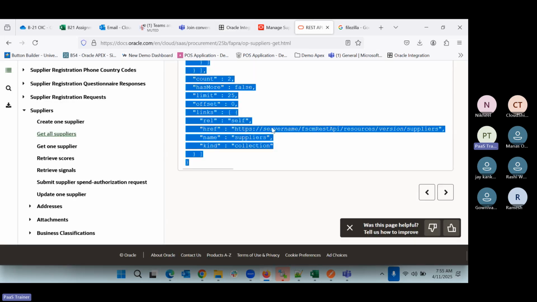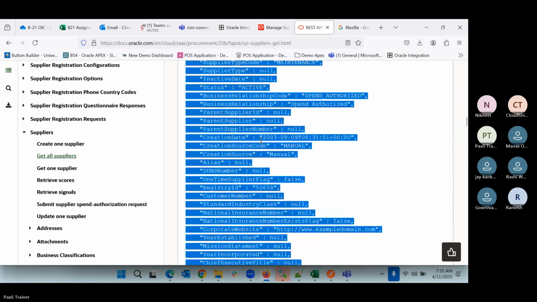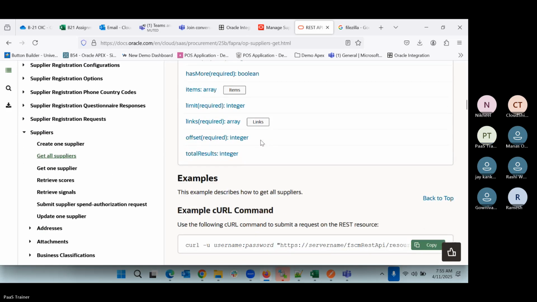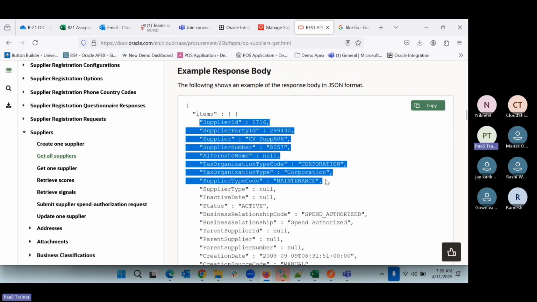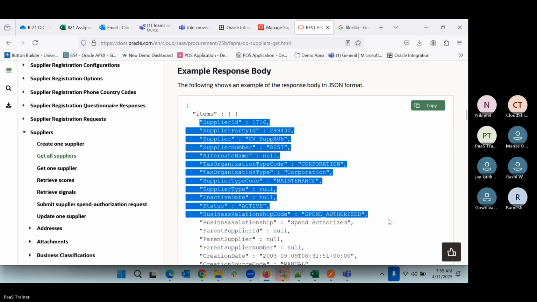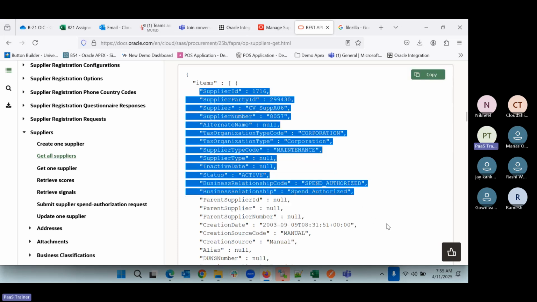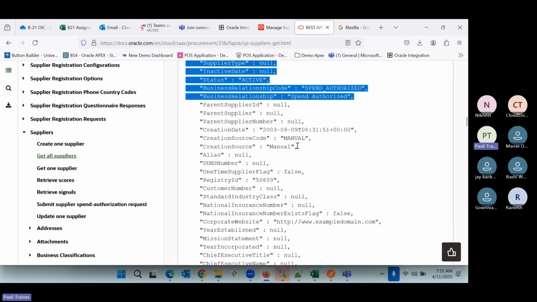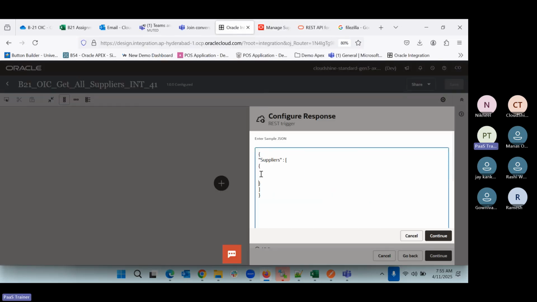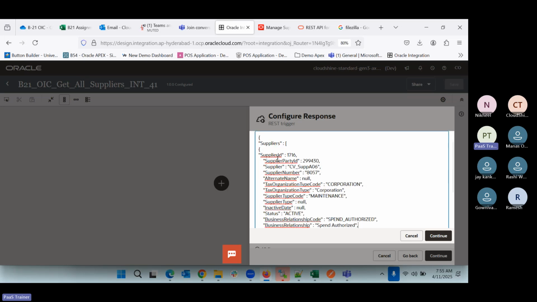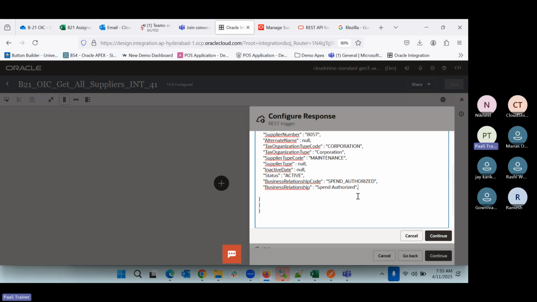Then we can just go and capture the informations we need. So for example, these are some values which we can go and get. These are the kind of important values, so we can get these values. So whichever value you need, we can go and put those things here. So this is what we have put here, that we need only this much. Now we can say continue